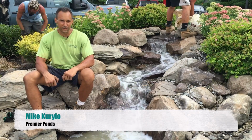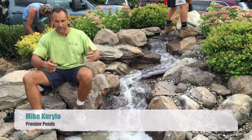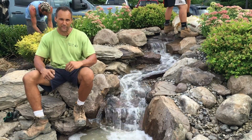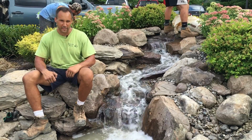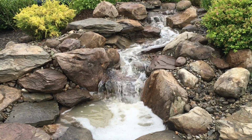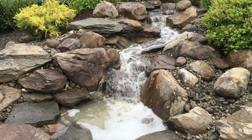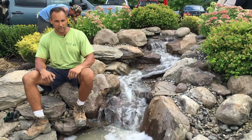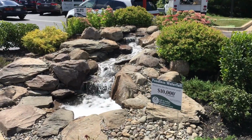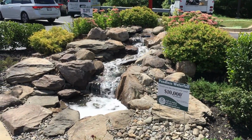We're doing our final cleanup, mulching, just finishing touches on this awesome waterfall here at Chick-Fil-A, one of our favorite places to eat when we're out slinging boulders and building lifestyles. What we've done today is create paradise that everybody coming in to get chicken is going to have something cool to see, and we're just pretty happy to have put a feature like this at a landmark location right close to